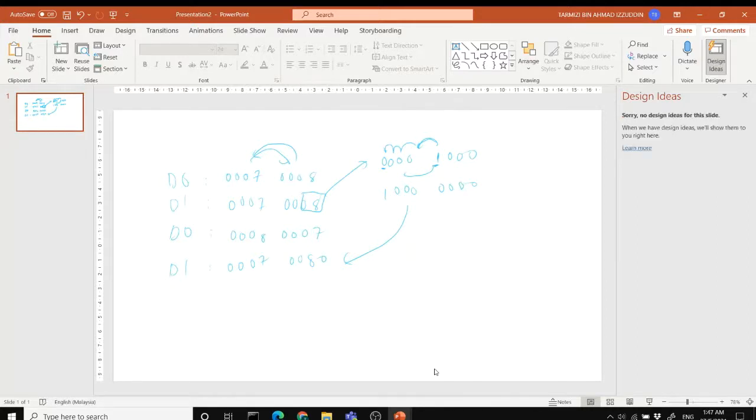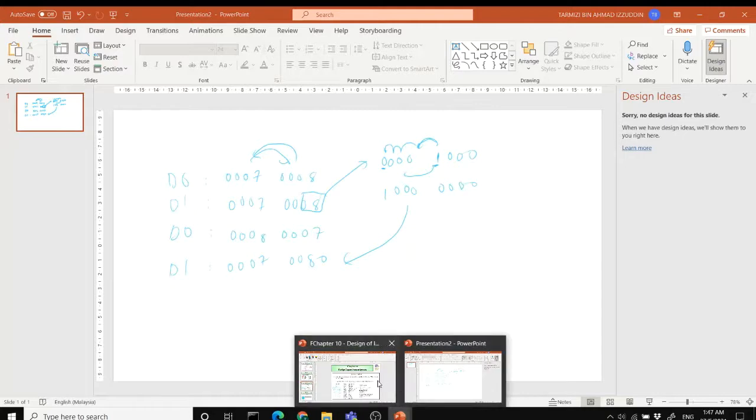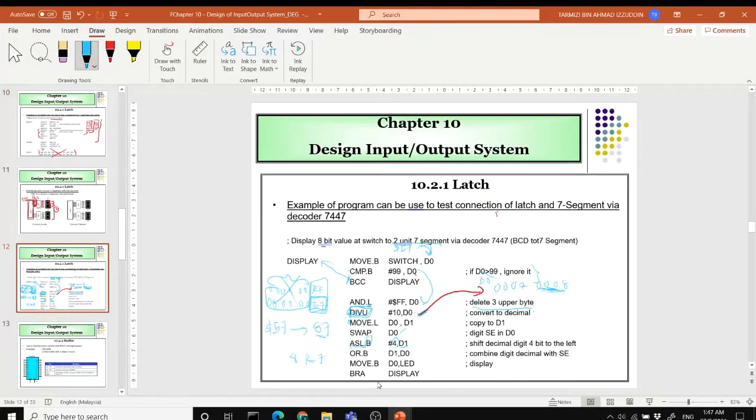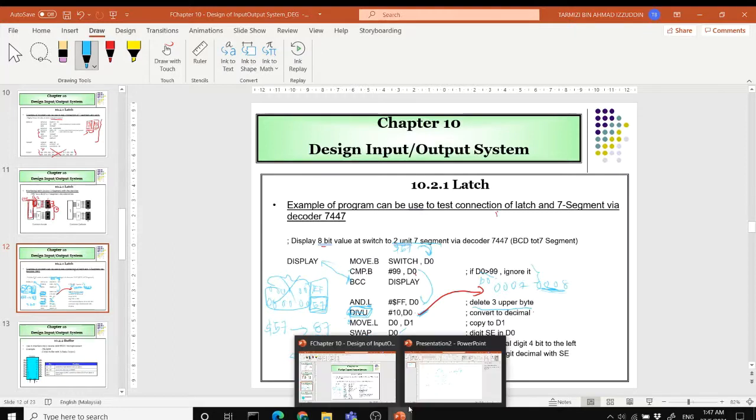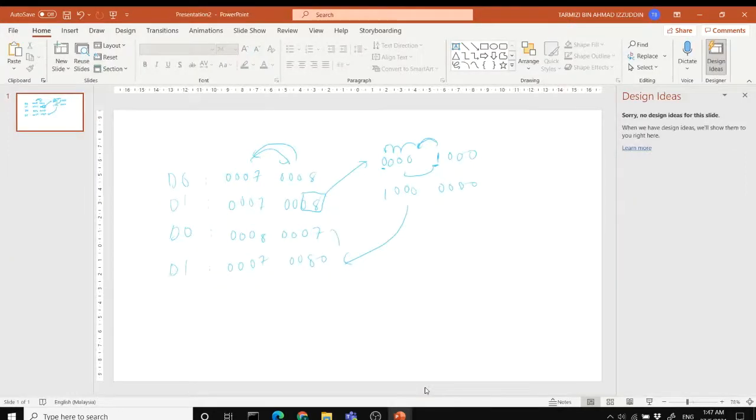Okay, and then what you do, you are going to make an OR operation on D1 and D0. So you make an OR operation between D0 and D1. You imagine when you OR both of these parts, whatever is OR with 0, because 7